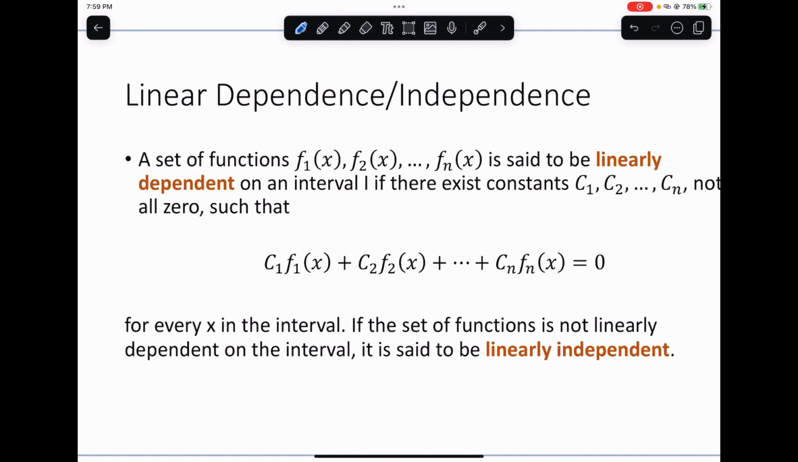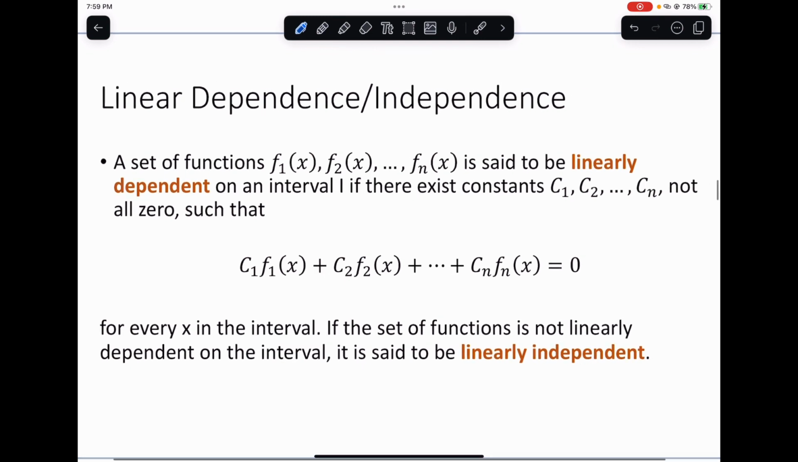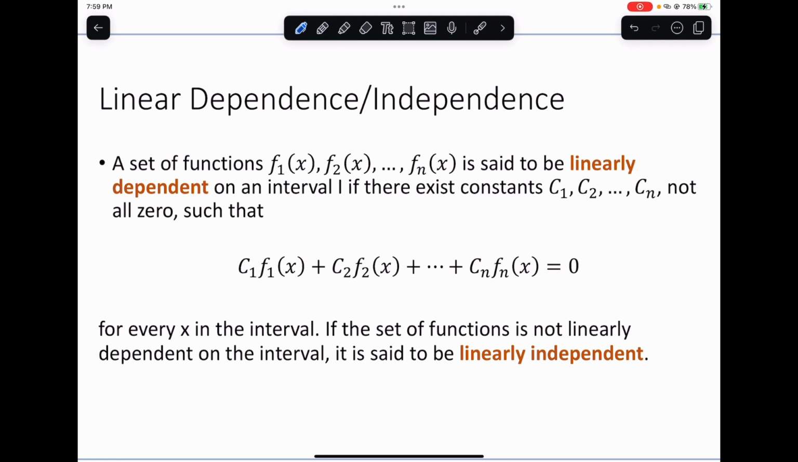Let's say we are given a set of functions f1 of x, f2 of x, up to fn of x. In this case, those correspond to the solutions of the equation. f1 of x is the first solution, f2 of x is the second solution, and fn of x is the nth solution. Those functions are said to be linearly dependent on the given interval I if there exist constants c sub 1, c sub 2, up to c sub n, not all zero, such that the linear combination of the solutions together with the arbitrary constants